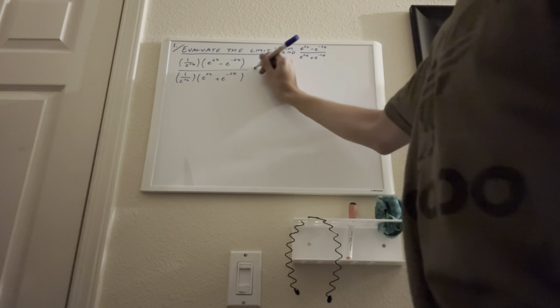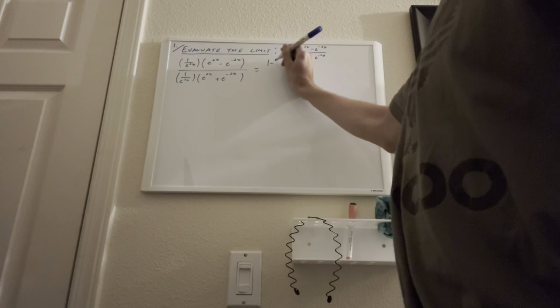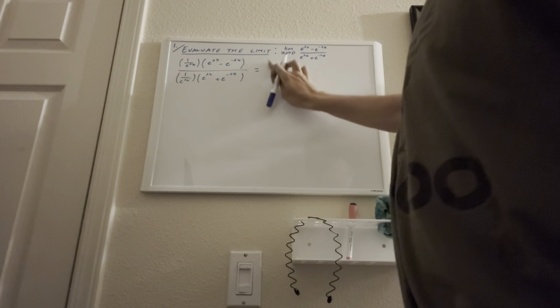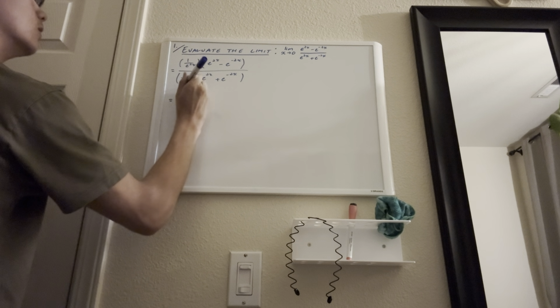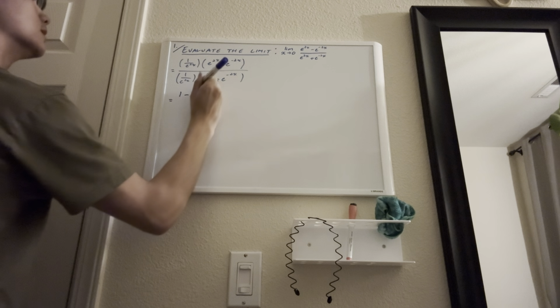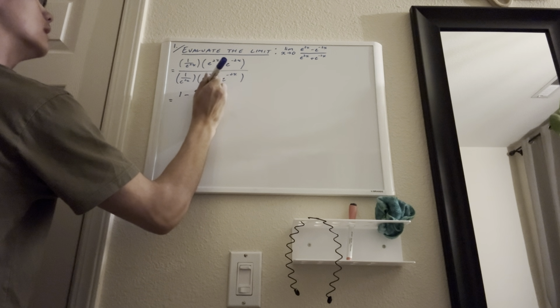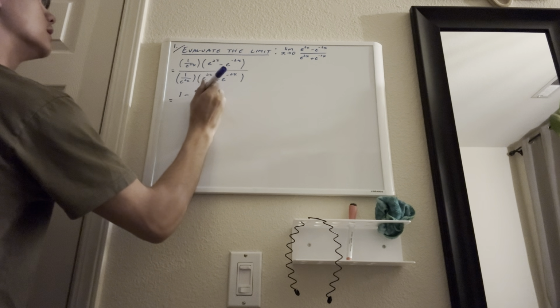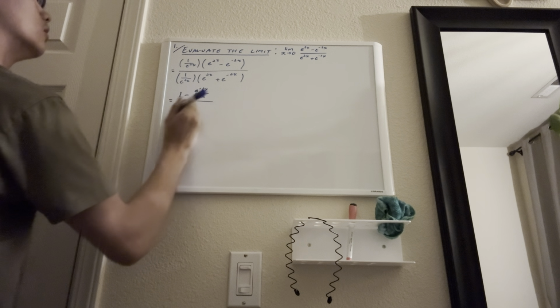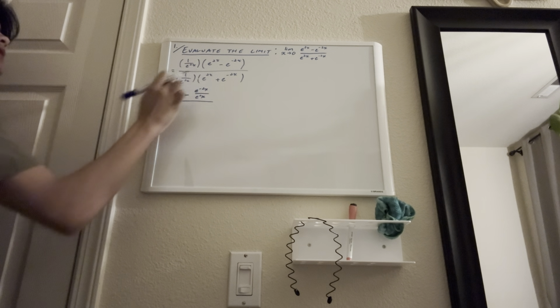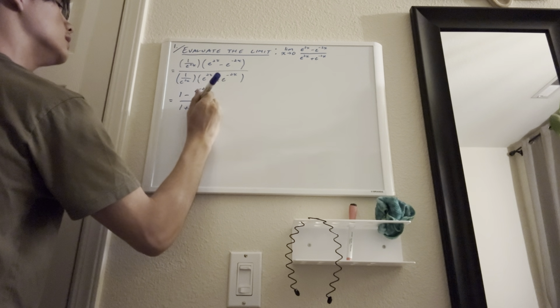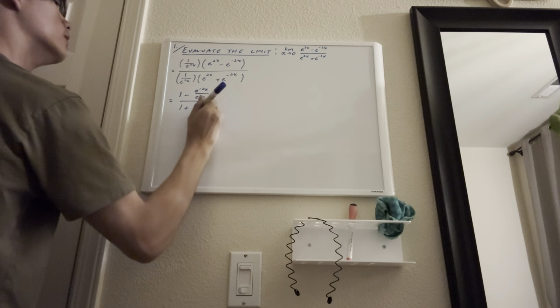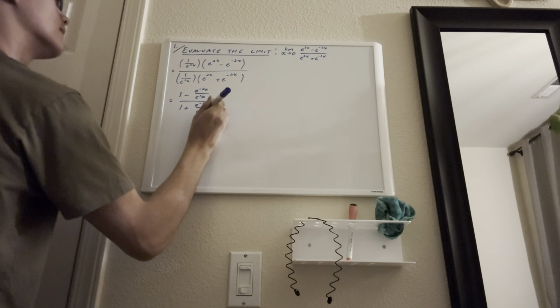So we're going to have 1 minus e to the negative 2x over e to the 2x, over, this also cancels out, it's the same thing, 1 plus e to the negative 2x over e to the 2x. Okay,